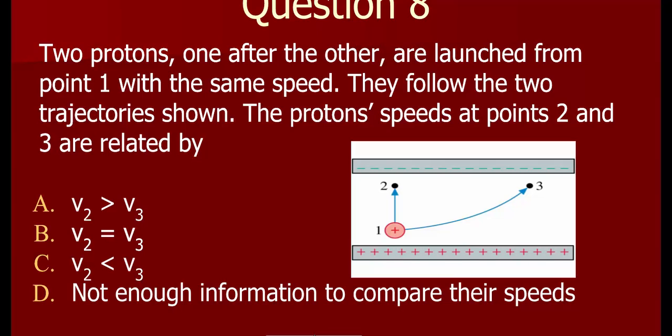Two protons, one after the other, are launched from point one with the same speed, right? So they both start right here, but they follow two different trajectories as shown. So they're launched at the same speed, but in different directions. Do they have the same velocity? No. The speed is the same. So obviously one is going straight up here, and the other one is fired essentially horizontal. They follow the two trajectories shown. The proton speeds at points 2 and 3 are related by: 2 is faster, 3 is faster, or they're the same speed. Is it